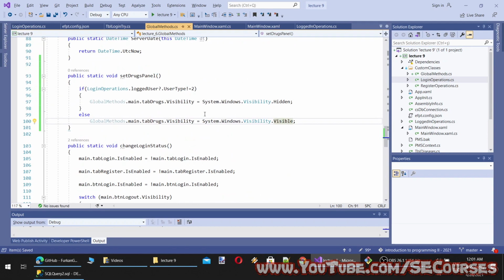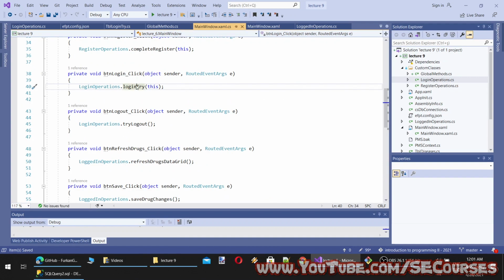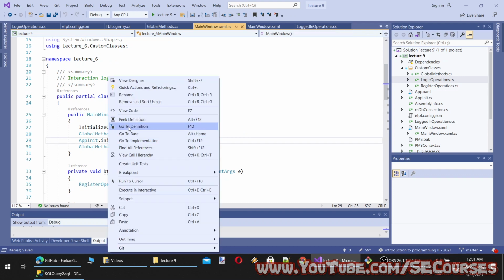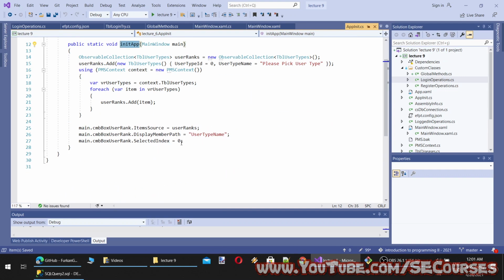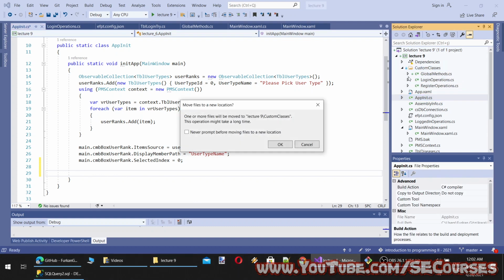And I also need to call this in three separate cases. Where do I need to set the change? I need to set it in the app init, here. Okay, so this is app init cs. Actually, this is also a custom class, therefore I will put it here.